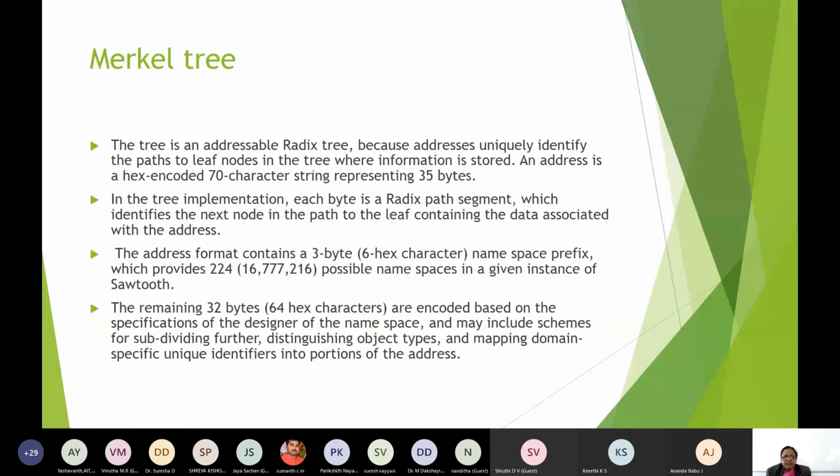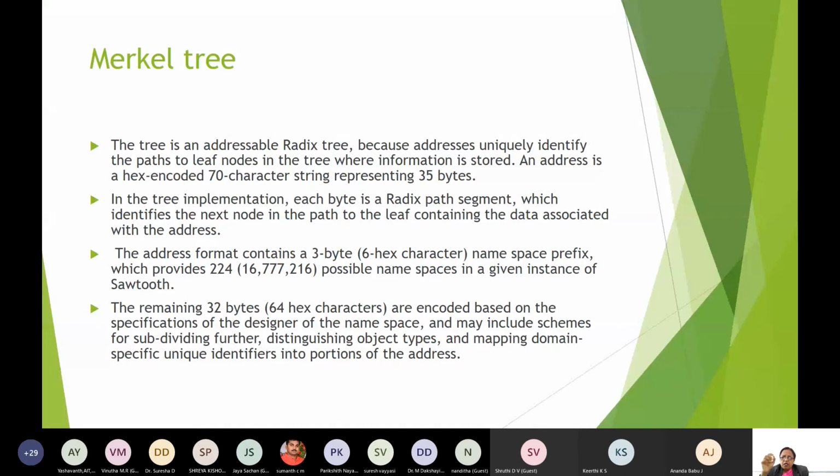So 70 characters representing 35 bytes. The address format contains 3 bytes, that is 6 hex characters of the namespace prefix, and see how many possibilities of names you can get with that.